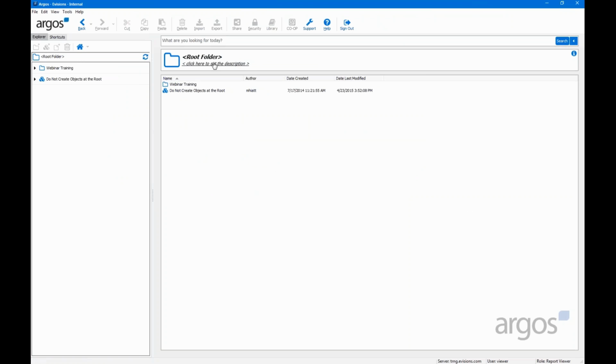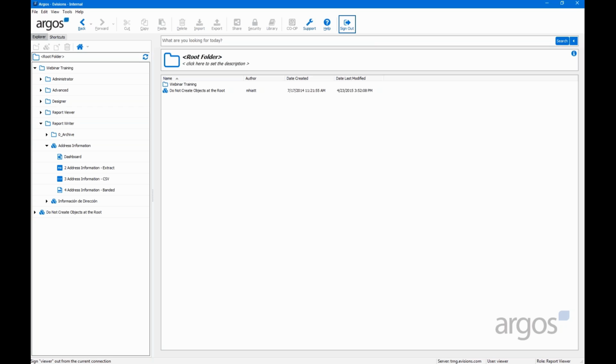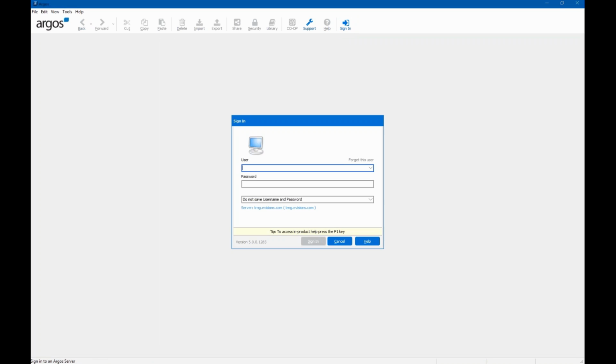Alright, so now you can see my screen. On the bottom right-hand corner, you can see that I am logged in as a report viewer. And if I go ahead and expand our folders and go down to the report writer, and under our address information data block, you can see that we have 4 reports: the dashboard, the extract, the CSV, and banded reports. Now if I log out and log back in as a writer,